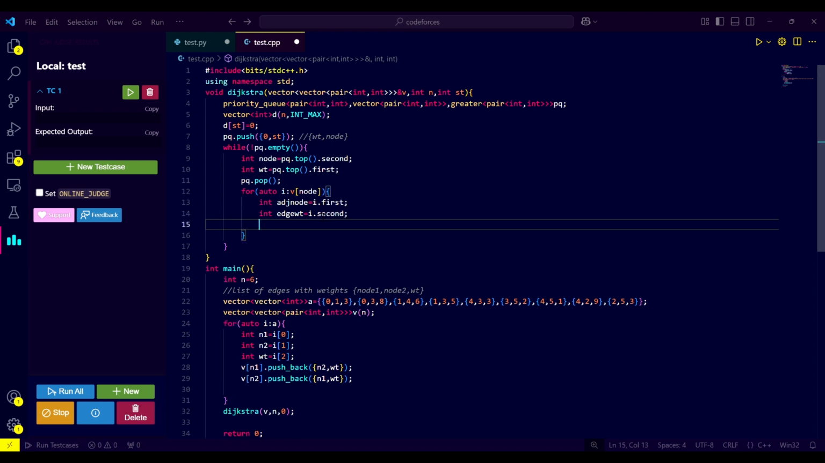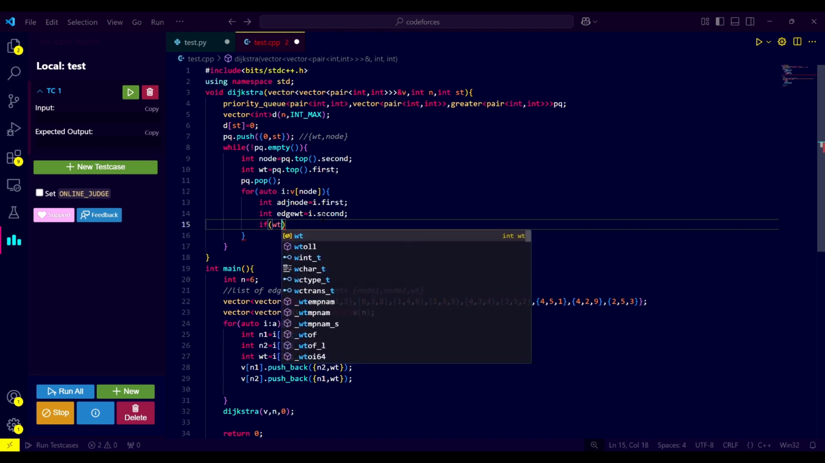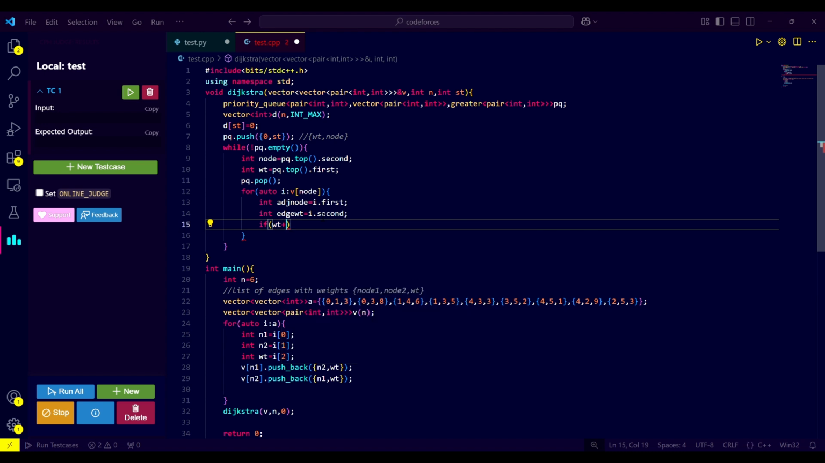So what is the formula for Dijkstra now? The formula for Dijkstra will be the weight which we took to reach the node plus the weight we took to go from node to the adjacent node. If it is lesser than the already stored weight in the distance array, then we can change it to the minimal weight. So if the weight that I took to reach the node, that is wt, plus my edge weight, the weight that I took to go from the node to the adjacent node, that is the edge weight,